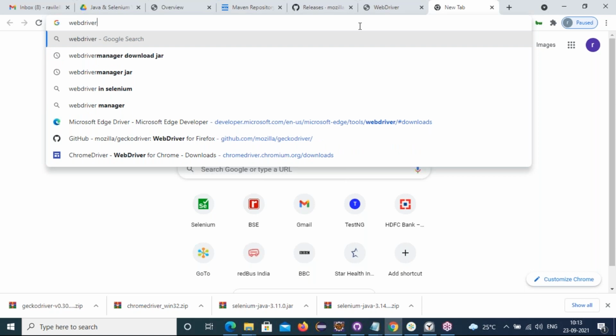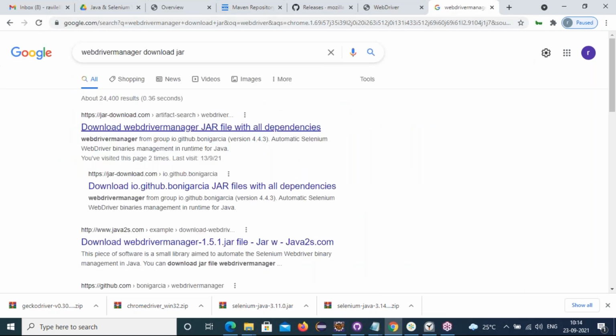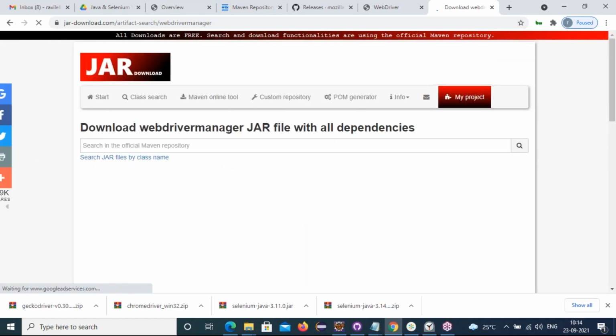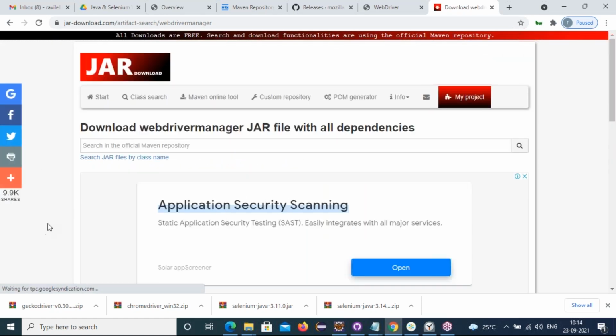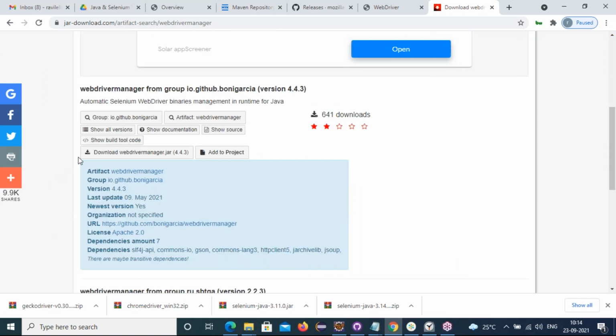Search for WebDriver Manager download jar and click on it. Here we can see WebDriver Manager jar 4.4.3 is there. Just download this.